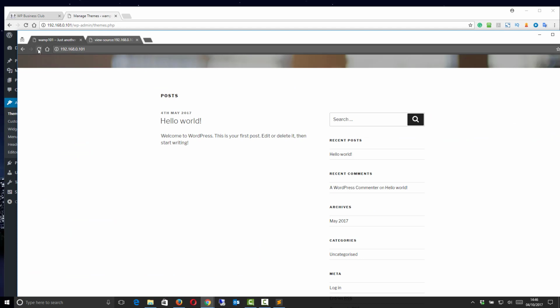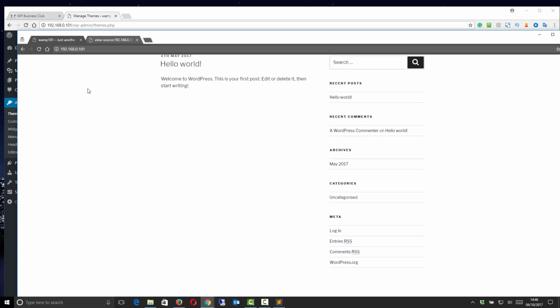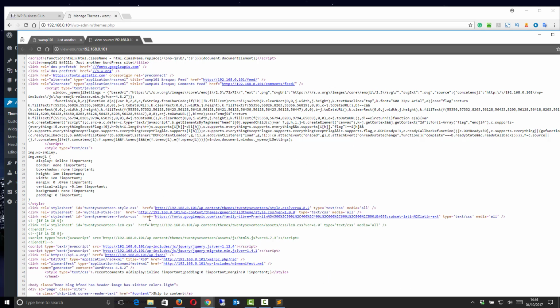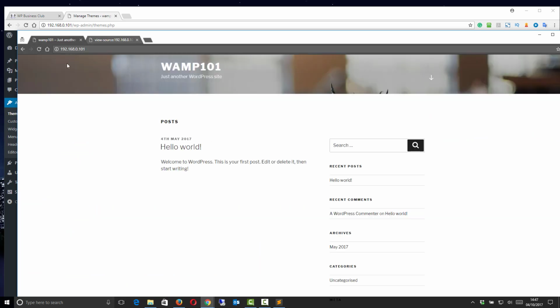So if we go back to the site, we now have it still working, still looks the same, but the difference is that now there's only one source. So now this is ready to be customized,